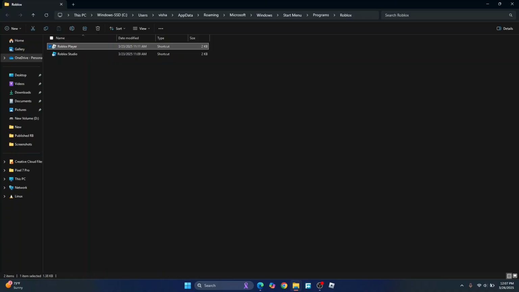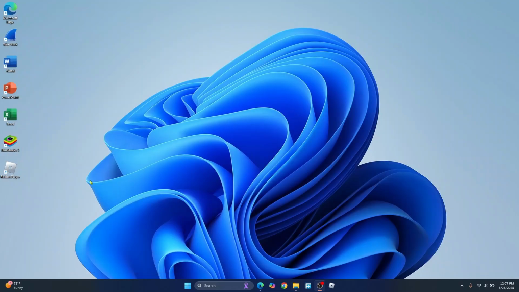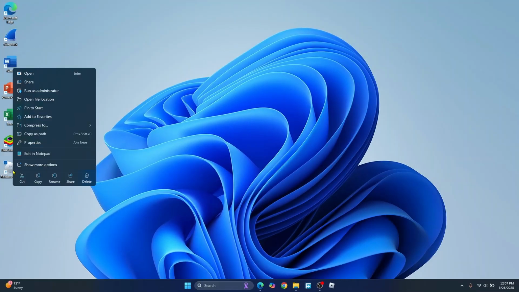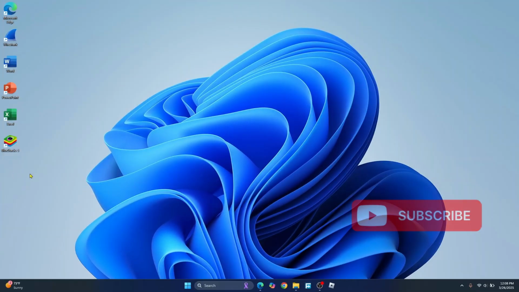Now close this, and as you can see Roblox player is added to desktop. And you can just right click on this and click on delete to remove this from here. And similarly you can just right click on this and click on unpin from taskbar, and it will be removed